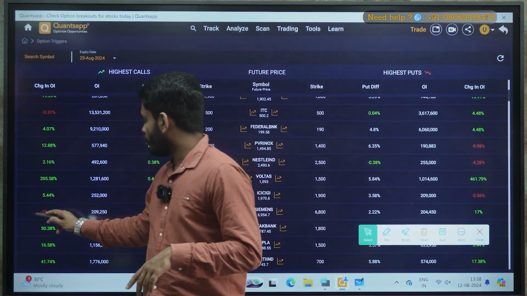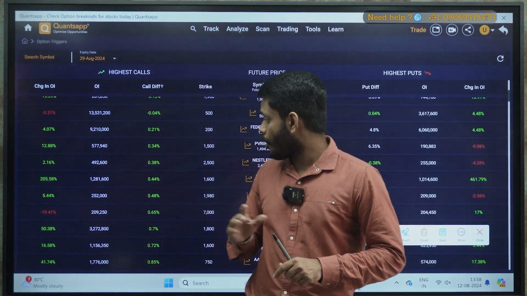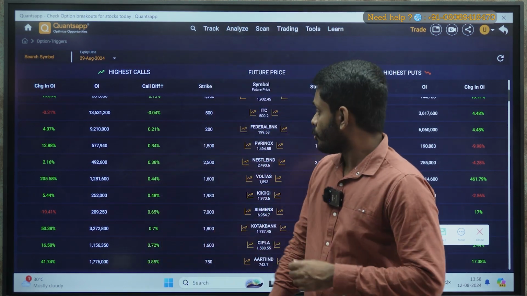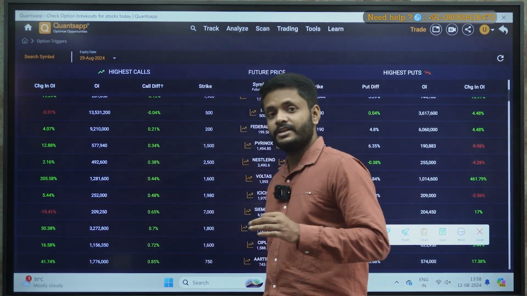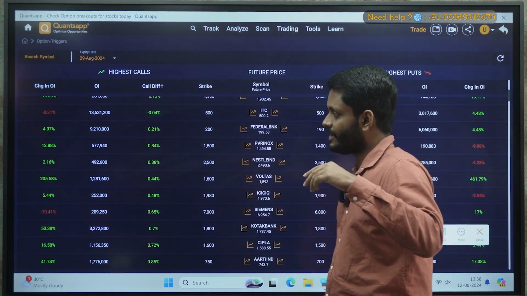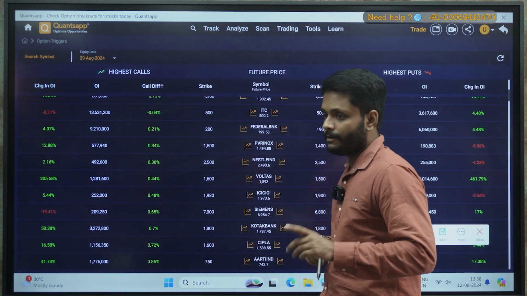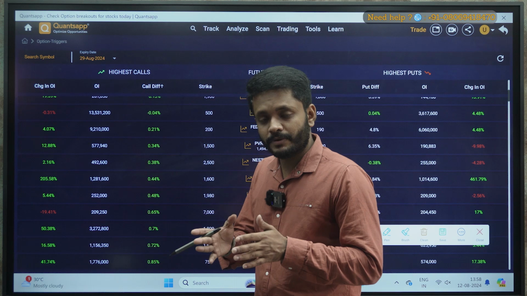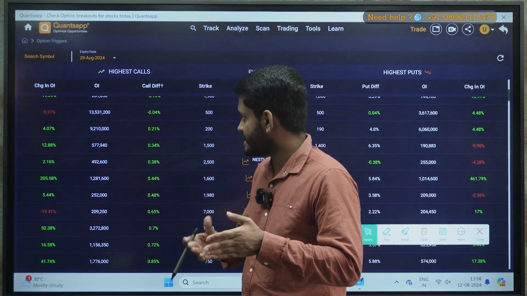If the change in OI is negative, that means call writers at these levels have started unwinding their positions. Call writers are believing that this level is no more safe. There is a possibility that the stock might break this level and give a decent move on the upside. So if the call difference is between 0 to 1%, if the stock is close to its resistance, along